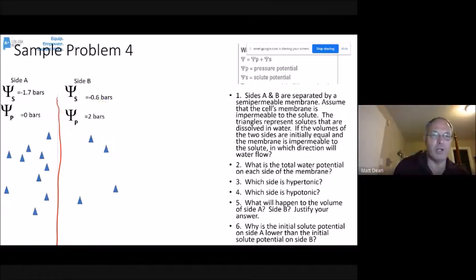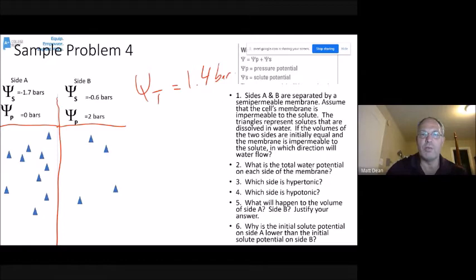So let's say they both start off with a water level like this. We're thinking vertically here. So over on this side, the total water potential is going to be pressure potential of 2 plus solute potential of -0.6. That's going to give us 1.4 bars on this side. On this side, solute potential of -1.7 bars, pressure potential of 0 bars,